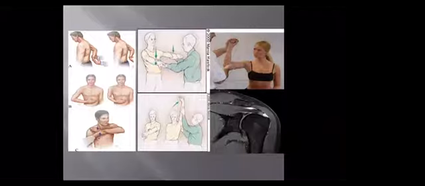Then the Hornblower sign for the teres minor, done with 90 degrees of shoulder abduction and 90 degrees of external rotation. The patient complains of pain in that position. This is the MRI finding of a rotator cuff tear, a medium thickness tear represented in the.